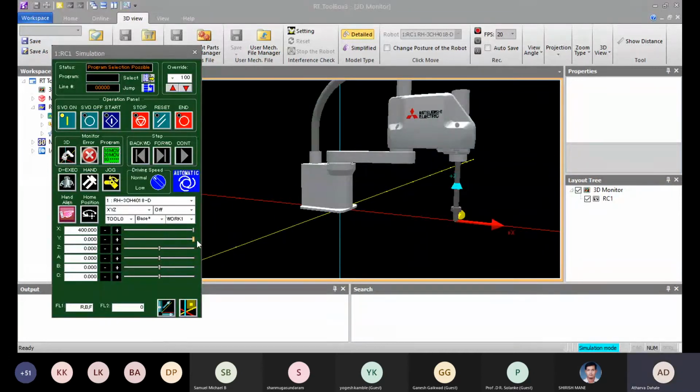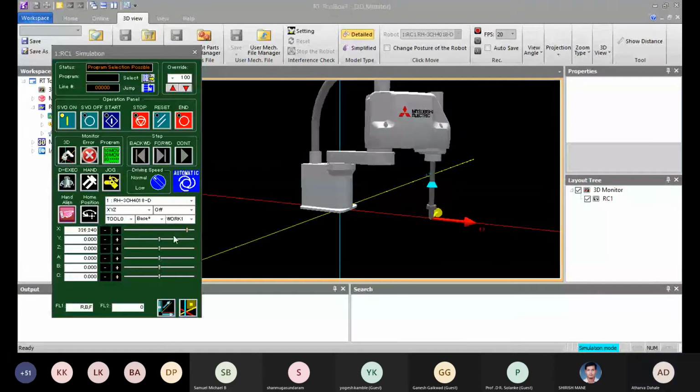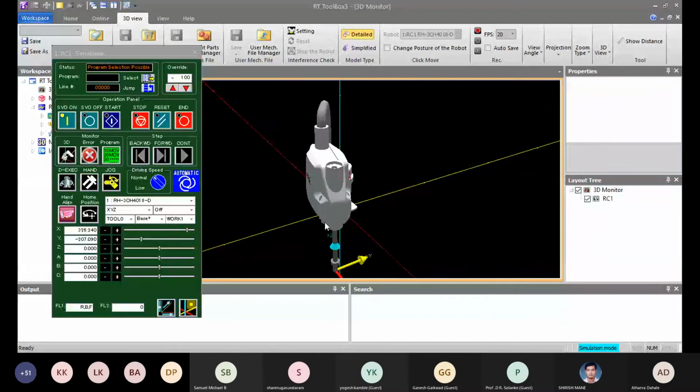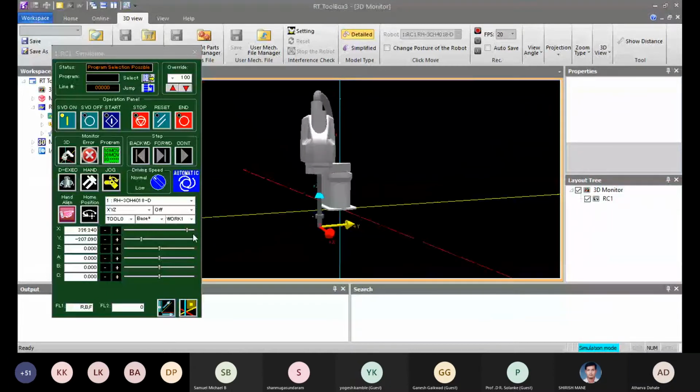If I move the Y axis, so this is the linear operation of the robot.